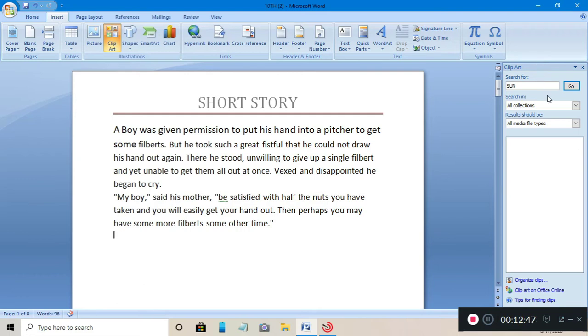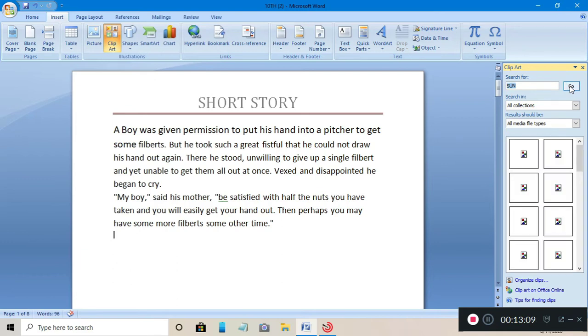This can help us find the informative clip art which we want to insert in our document. We can search for the clip art here. So if I want to insert a sun,